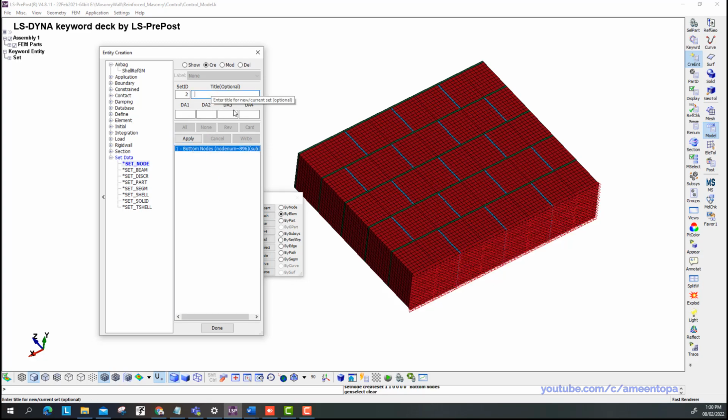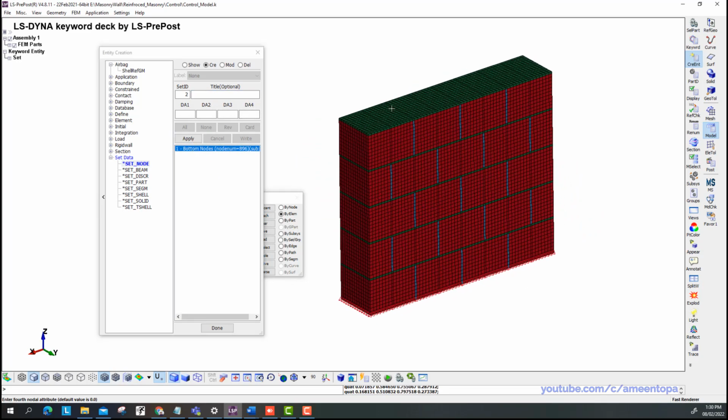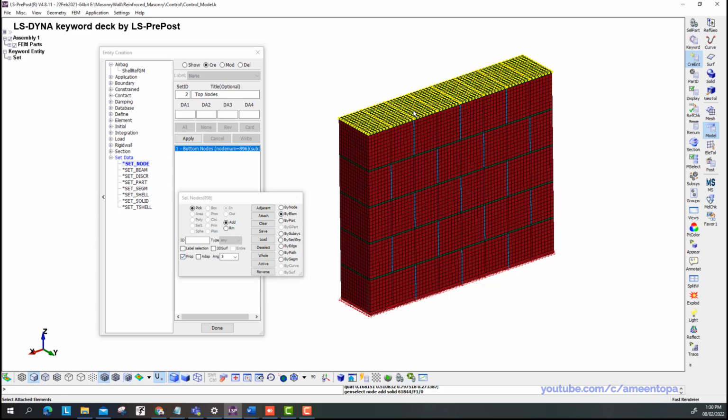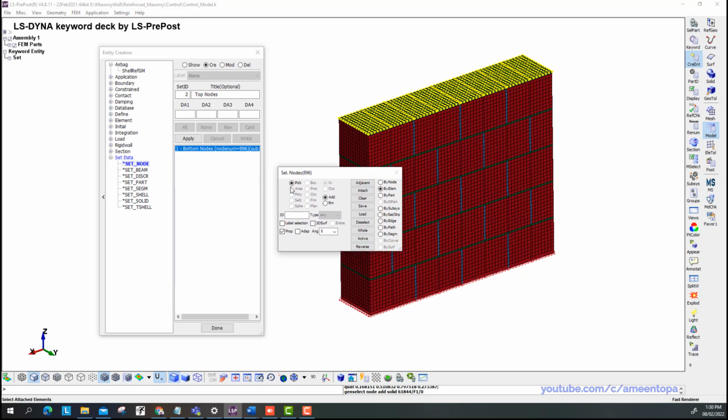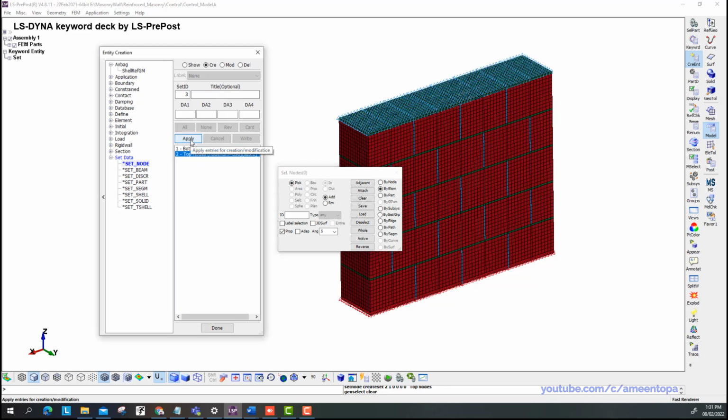Now I will select again. I will create another node set on the top. So this one is top nodes. Then I will select by element, propagate, and select any element on the top. And we have this number of elements, 896. We should remember this number, 896 of nodes. This number of nodes, it's important to remember them. Then click on apply. Okay,